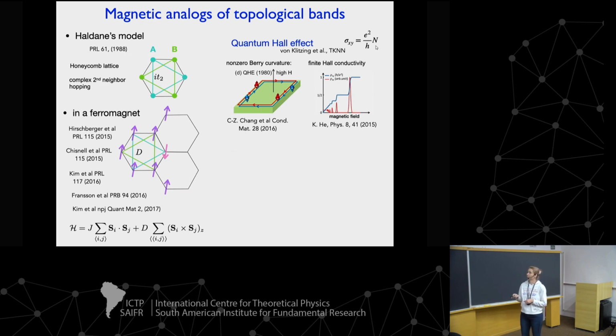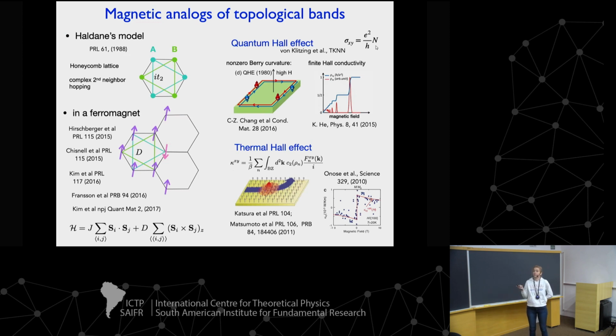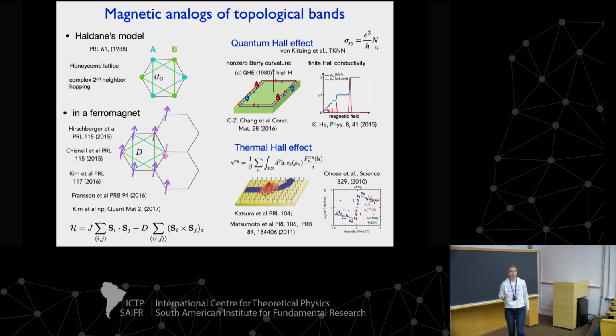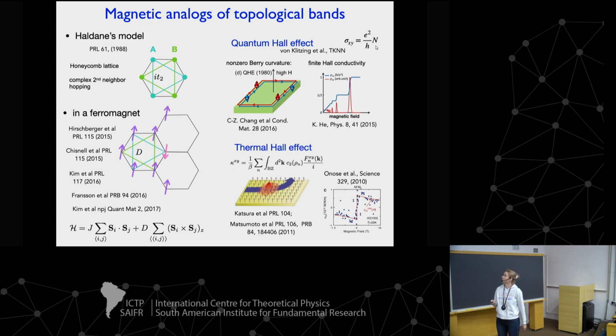Of course, because these magnetic excitations are neutral particles, they don't have an electric charge, so we will not have something like the quantum Hall effect. But because they carry energy, if we apply a temperature gradient, we can have a thermal Hall effect. That means we put, for example, a temperature gradient across the sample in one direction, and then measure a transverse heat current perpendicular to that. Of course, this is not going to be quantized because these are bosonic particles, so these bands will be filled thermally, and not as in the case of fermions.